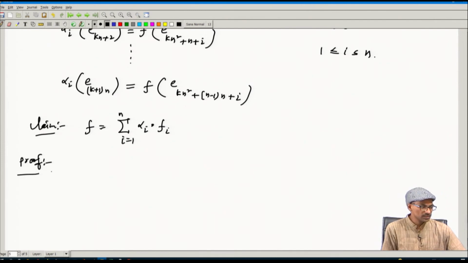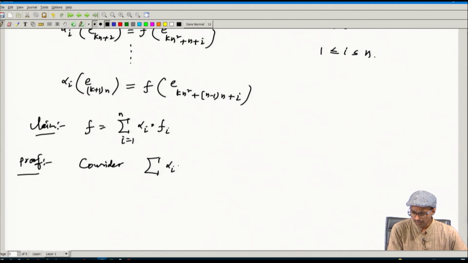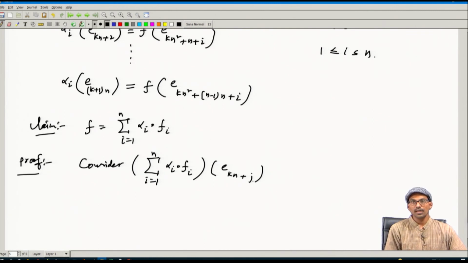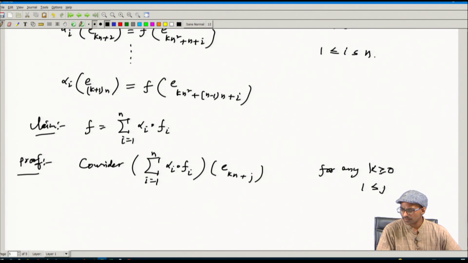Let me start with the right-hand side. Consider the summation of alpha_i composed with phi_i, evaluated at e_{kn+j}, for any k ≥ 0,